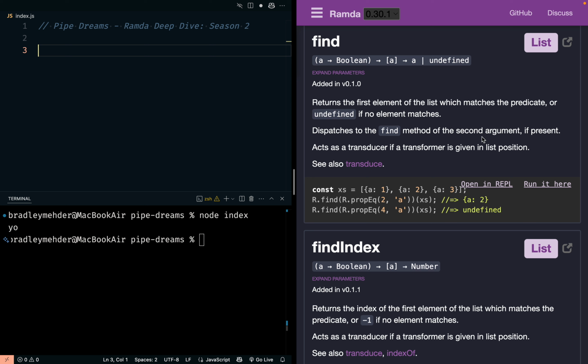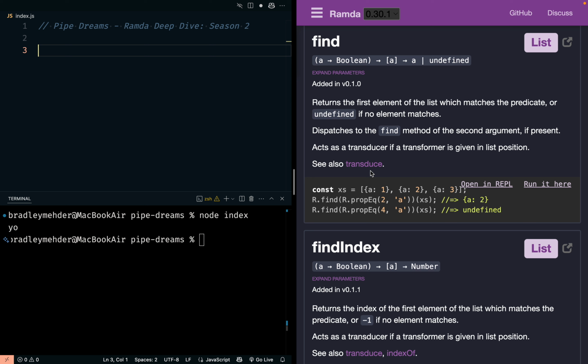Let's start with find, right? I'm gonna do the same thing. First I see the word transduce, and I don't know what that is yet either. Chris, as he was doing the original series, skipped some stuff, and I think that's fine. I'm gonna do the same thing. Also, I am not an expert by any means in this stuff, so I would love for people to correct me on things or elaborate, help me as I'm trying to ramble through and discover all the possibilities that we can use Ramda for.